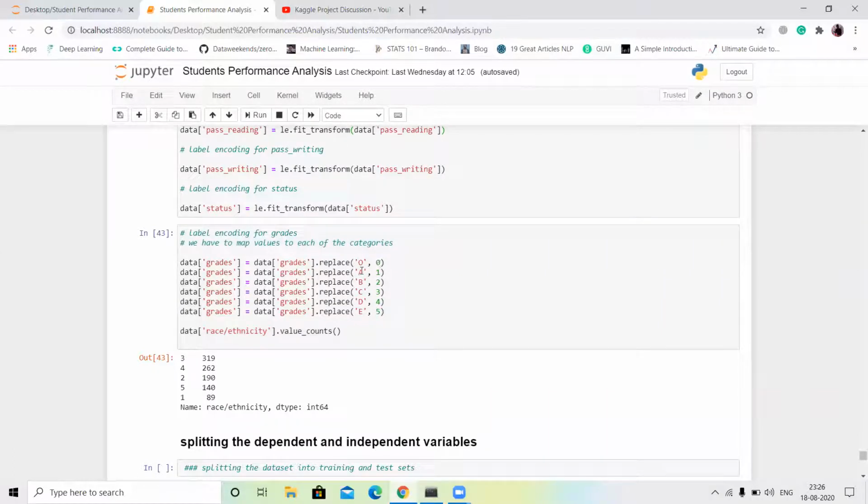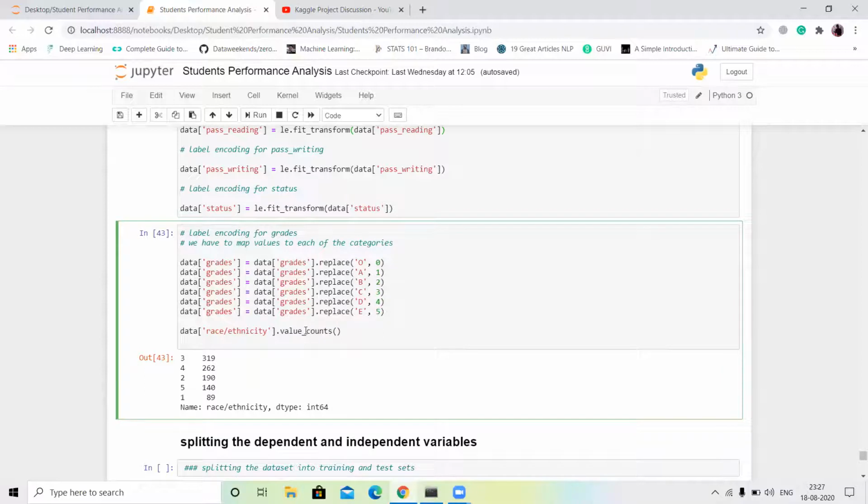Outstanding is 0, A is 1, B is 2, C is 3, D is 4, and E is 5. I check all the value counts. You can see 3, meaning C, has 319 students. So this is our label encoder part, guys. In data processing, we changed categorical values into numerical values.